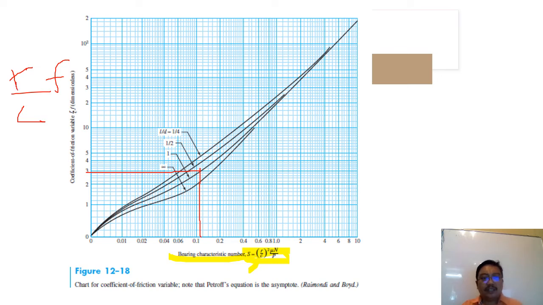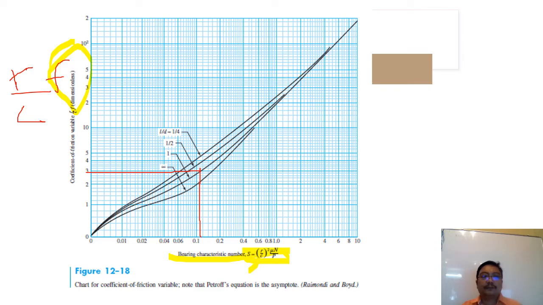You want to find the friction. You already know the radius of the journal is 0.75. The clearance you will know from the previous example, and then you can get